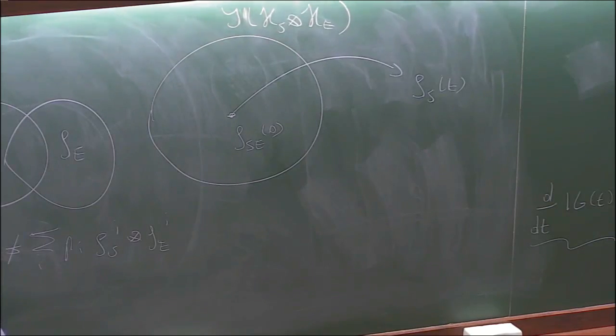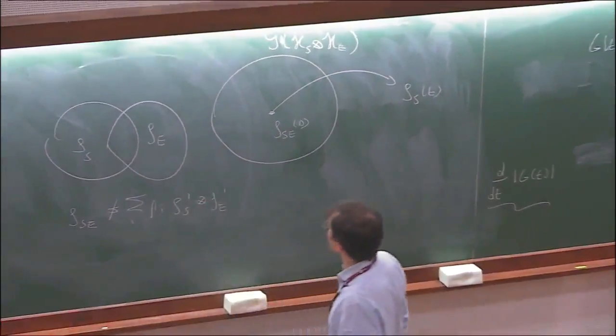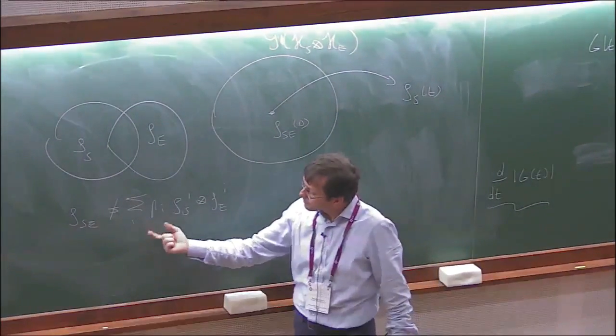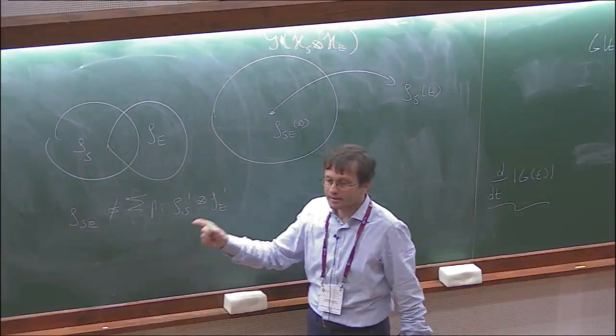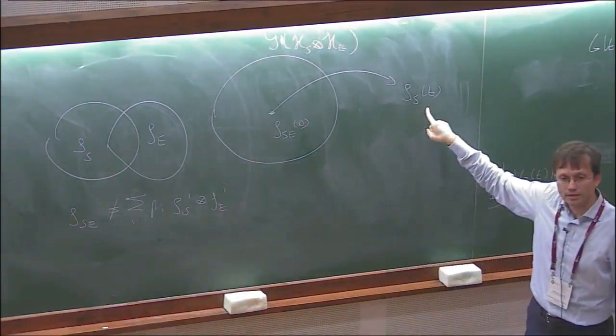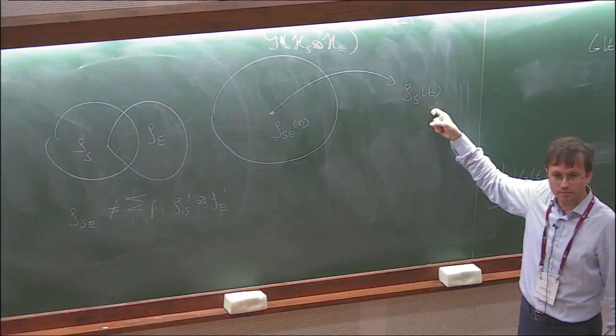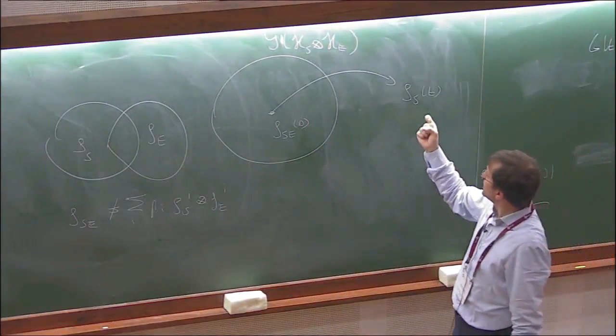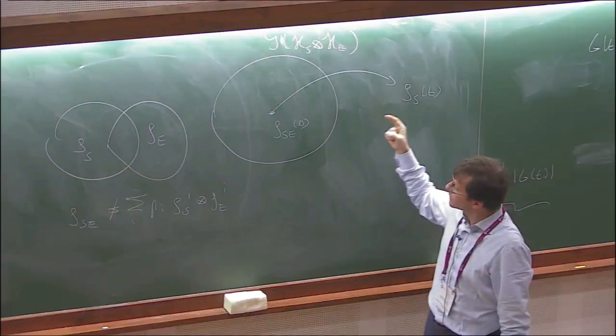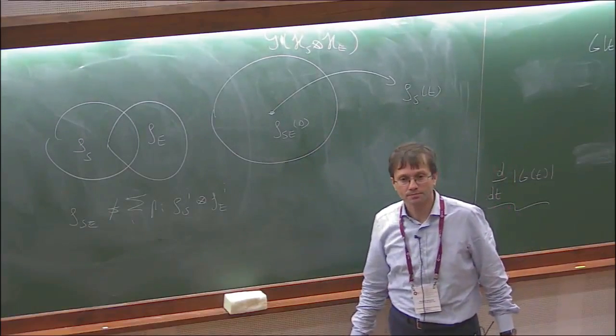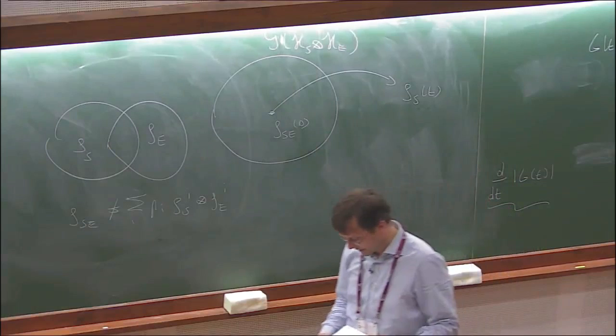So this said, one can sensibly speak about the state of the system at a given time. If there are no correlations, then I have a reduced dynamical map. If there are very special correlations, then I have a reduced dynamical map which works fine for a subset of states, which is actually a commuting set, a kind of classical domain. Or I have initial states which are truly entangled, but still it's sensible to ask the question, what is the state of the system? I can measure it. And it's then interesting maybe to infer from the behavior of this object whether there were correlations at the initial time. So in this sense, it's still a sensible question. And